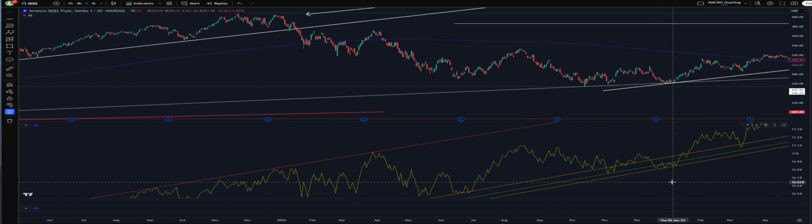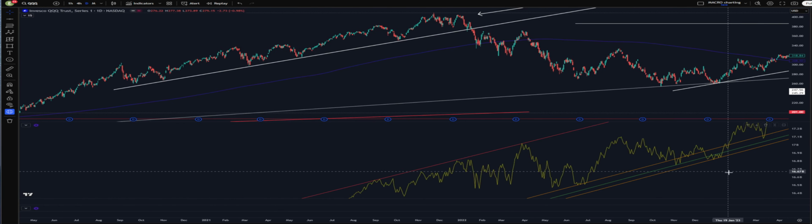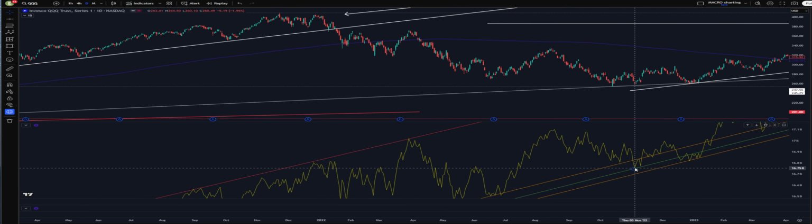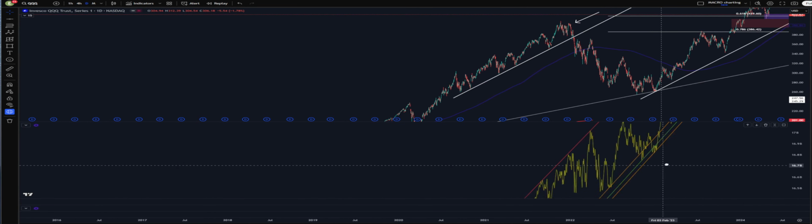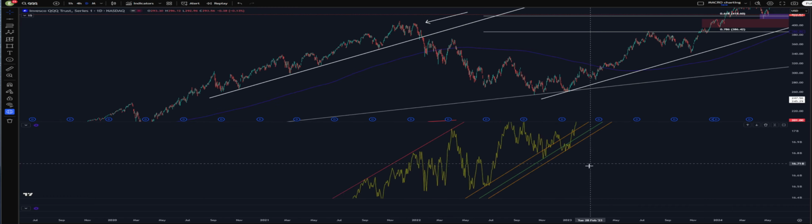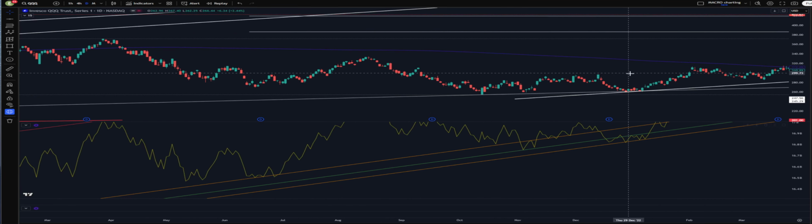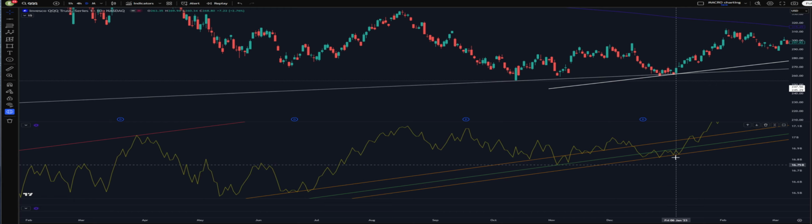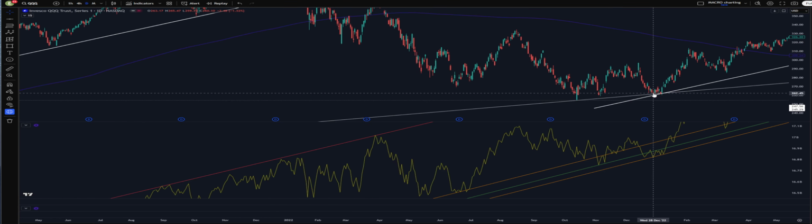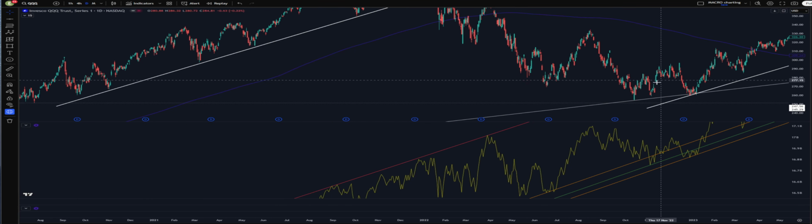So it rallied, then we hit the true channel in November of 2022. This was the bottom of the bear market, which created a bull market, right? So then it gets a nice little rally. You get a backtest, more support, which was just a higher low, and it dipped a bit for the next rally, right?